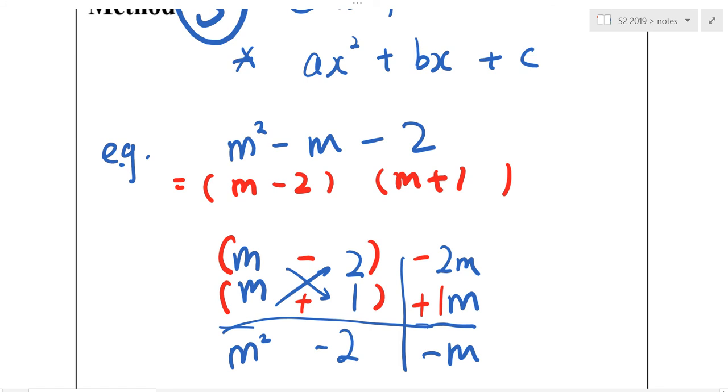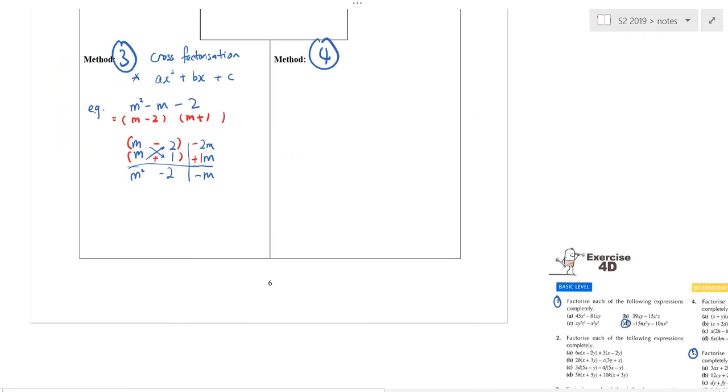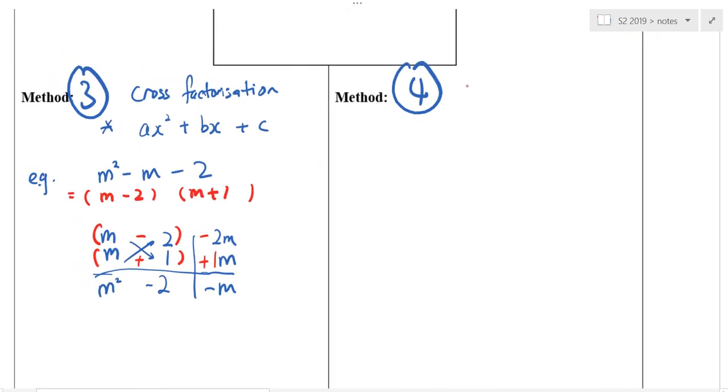So we are down to 3 already. We have described the 3. What is the fourth one? You want to make a guess? Very good. So can you write down the fourth method, which is called